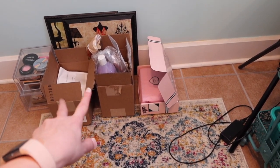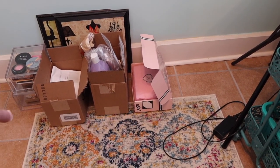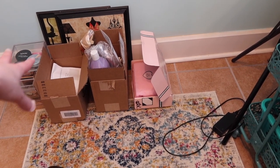Just the box, just those 2 Ulta boxes and the Too Faced box. That was from the declutter we did, which we need to do the rest of the declutter, and that's